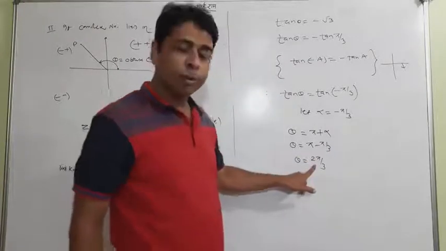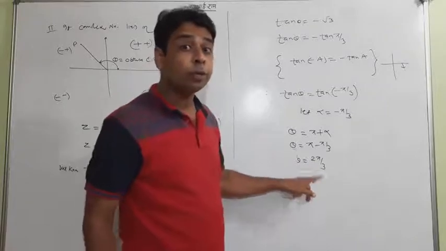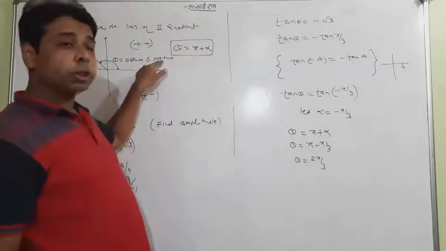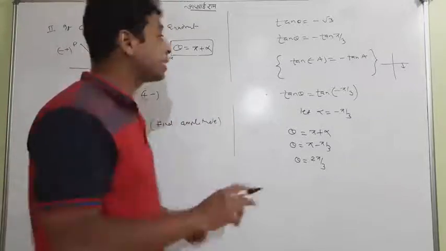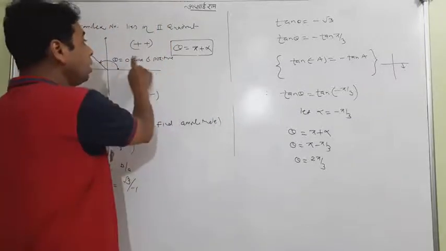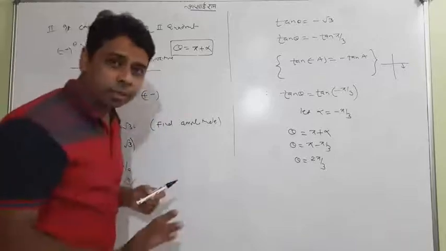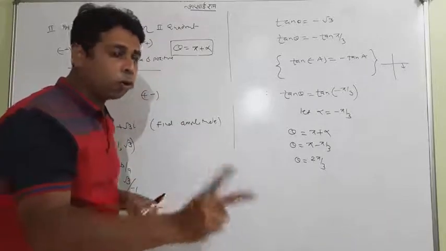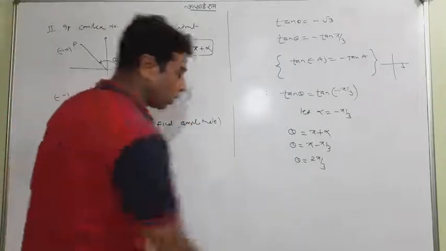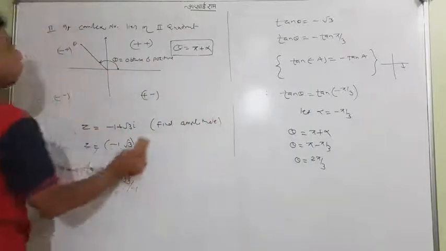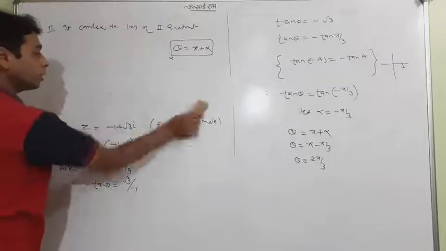Students, the meaning of 2 pi by 3 is 120 degrees, and what is 120 degrees? It is positive as well as obtuse, and this is the idea. In which quadrant is the point lying? In the second quadrant. So keep this in mind. Whenever the point lies in the second quadrant, use this method, create your alpha, use this formula and get your answer. Okay. Similarly, when the point lies in the third quadrant, what will happen?